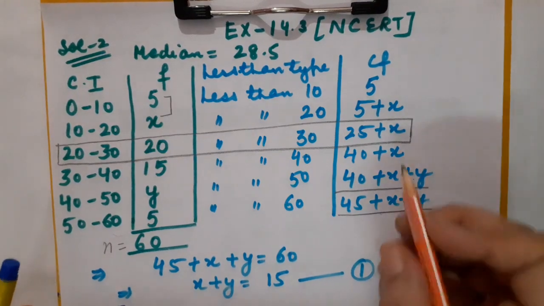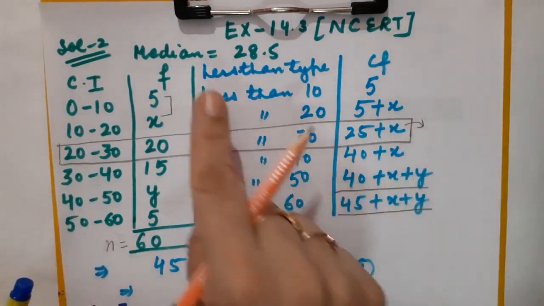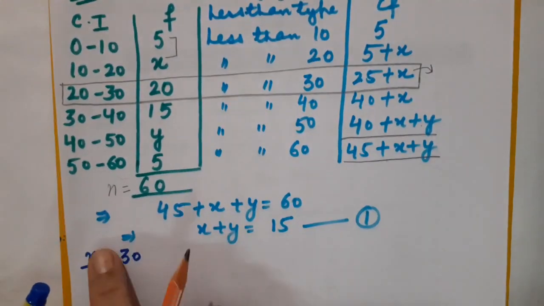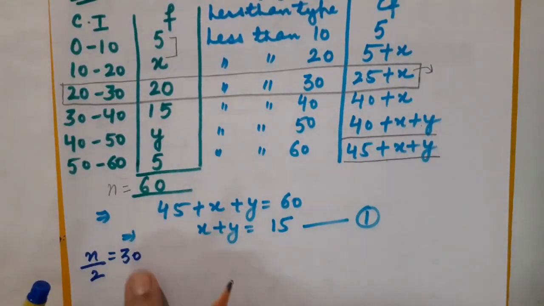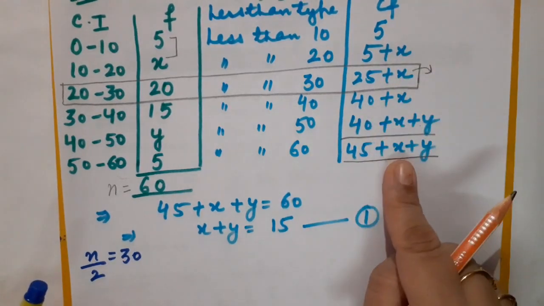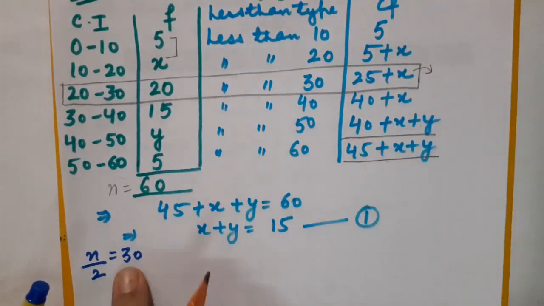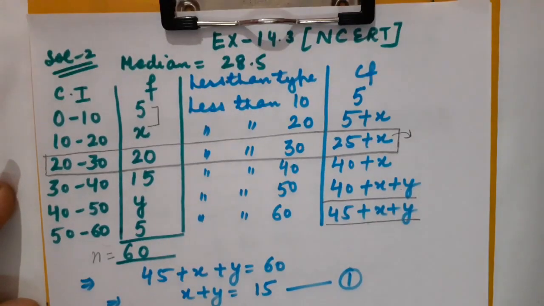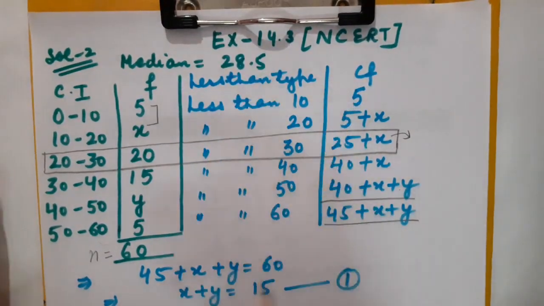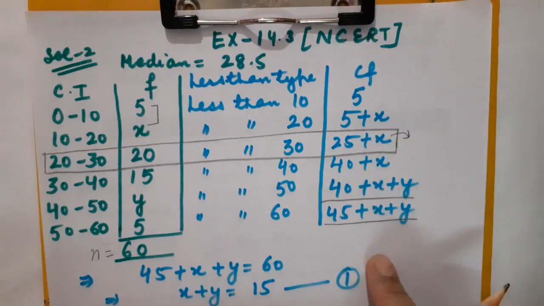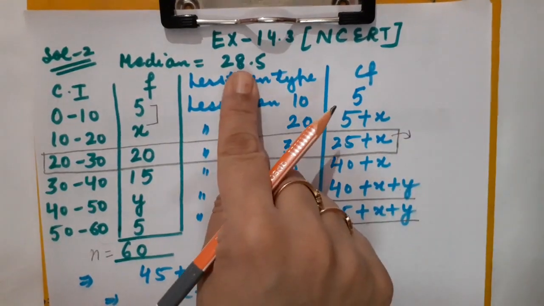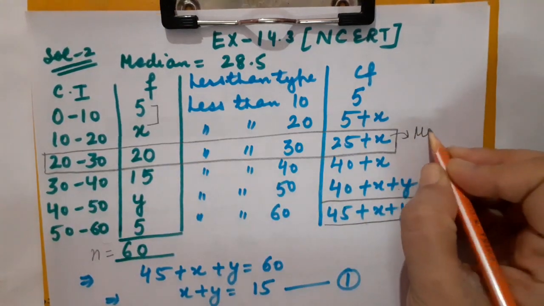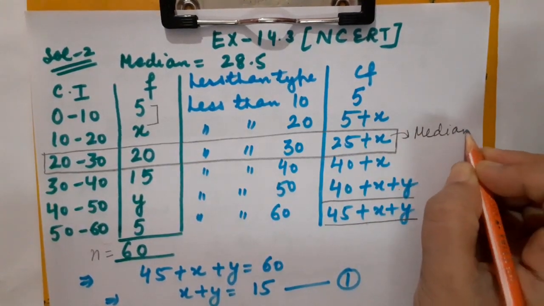Got it or not? So whenever you will be having median given, you are not supposed to apply this method that you will be calculating n by 2, fine, and then you will be finding the value just above that 30 here as per the rule. Okay. So whenever you will be having median given, the demand of the question will be to calculate the missing frequencies. So in that case, you are going to use the value of median. Correct? So here please specify that this is median class.